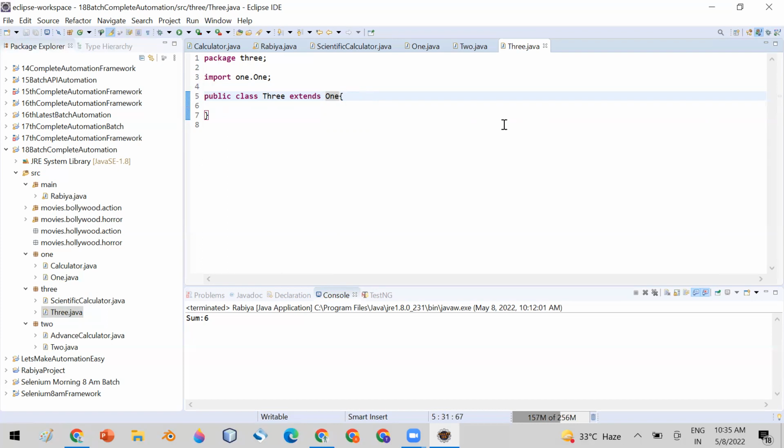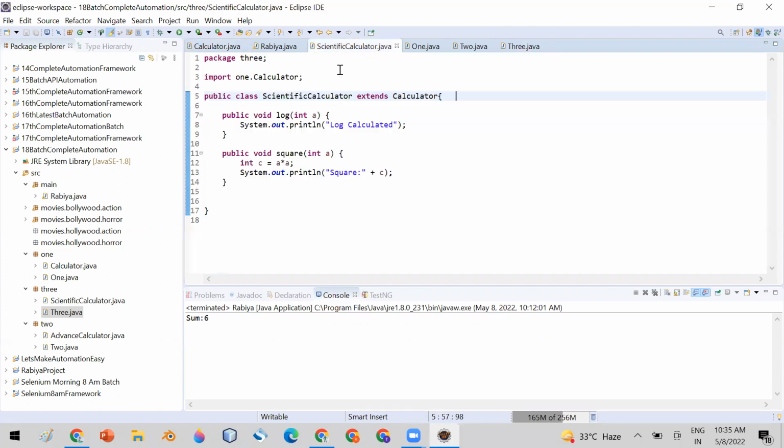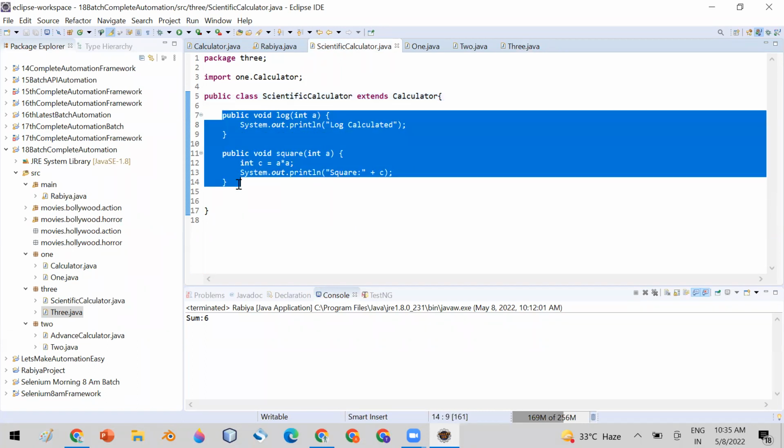ठीक है, मेरा तो मतलब ऐसा था कि कुछ फंक्शन इस क्लास में है, कुछ फंक्शन उस क्लास में है, और मुझे उन दोनों के बीच में रिलेशनशिप नहीं चाहिए, तो मैं कैसे इस क्लास में उनको ले लूं, ये मेरा क्वेश्चन था। But got it, मतलब इसमें पॉसिबल नहीं है। And why I told you that this is not a valid question in terms of calculator. क्योंकि देखो, कैलकुलेटर इज अ पैरेंट, साइंटिफिक कैलकुलेटर आपने ऑलरेडी बना दिया। अगर आप मुझसे बोलते हैं तीसरी क्लास बनाओ जिसमें दोनों चीजें चाहिए, तो मुझे दोनों चीजें चाहिए ही क्यों? अगर मैं साइंटिफिक कैलकुलेटर का बना दूं तो इसके पास तो ऑलरेडी कैलकुलेटर की चीजें हैं।